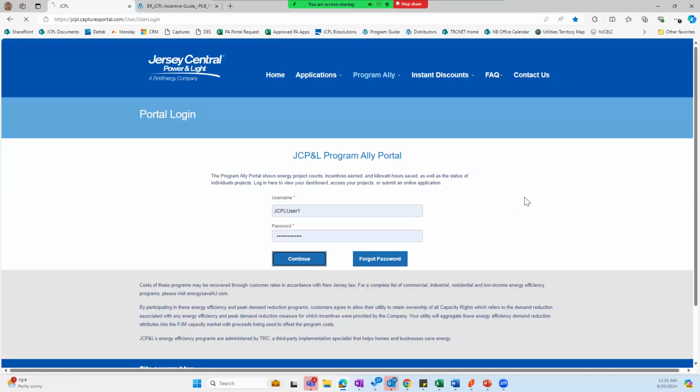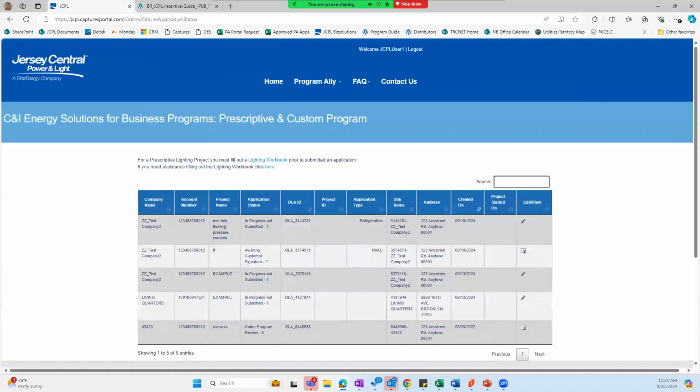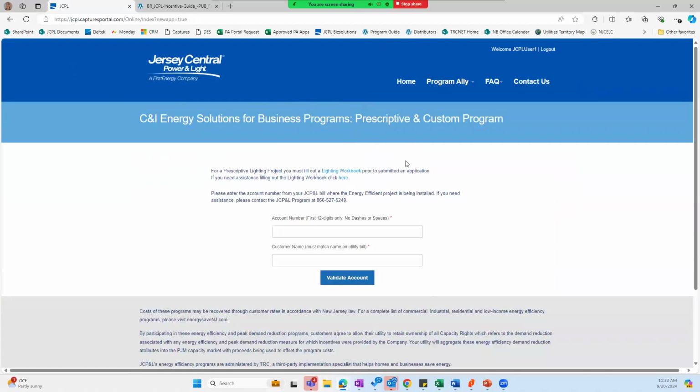So the password didn't change. Awesome. And just like here, you'll see all of the projects that are within the prescriptive and custom pipeline. You'll find them here. You go in to start a new online application.